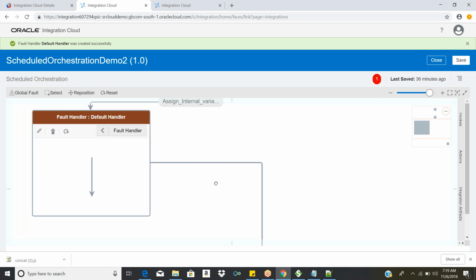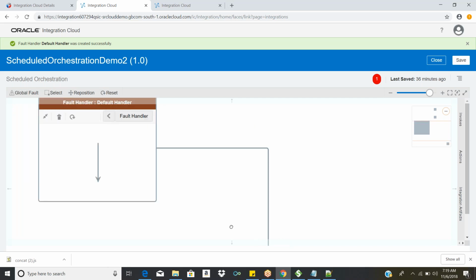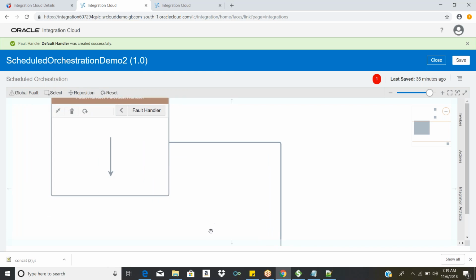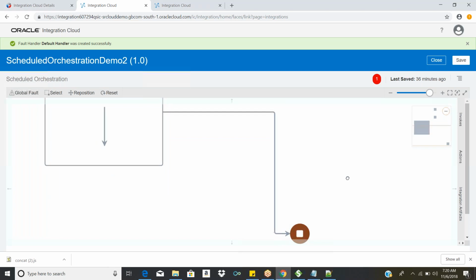If you want to execute certain actions even after the particular error message, then you need to go for the scope activity. So that's the concept. If we have time, we'll see the demo today, or else we'll talk about this section tomorrow.